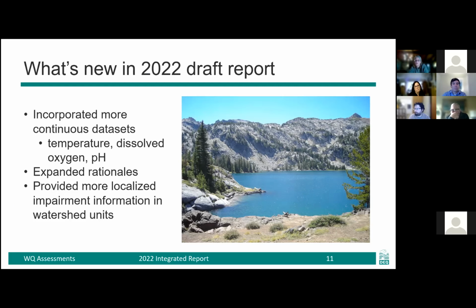We also expanded the rationales for our assessment conclusions. When you use the online database, you can see more details about why the conclusions were drawn. And like Leslie just explained, we provide more localized information on the watershed units and where the impairments occur. All right, next slide, Travis.